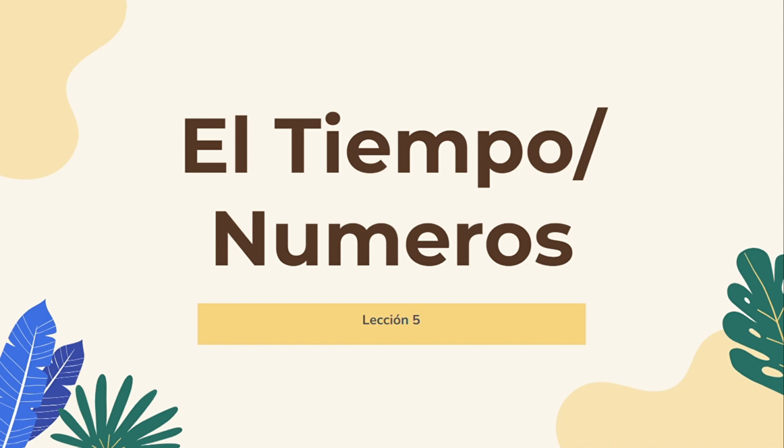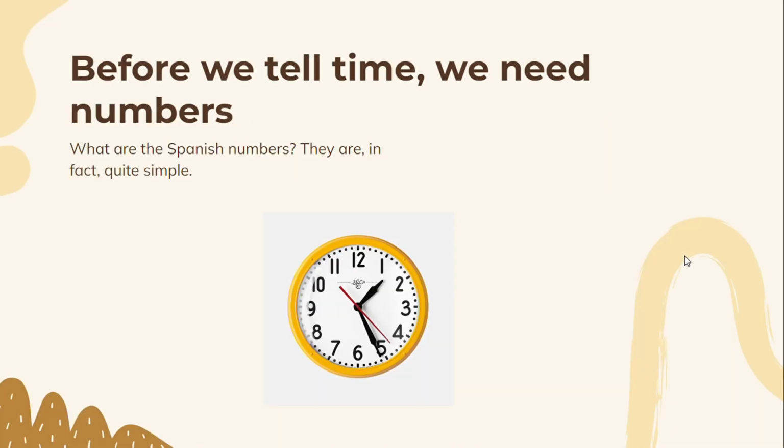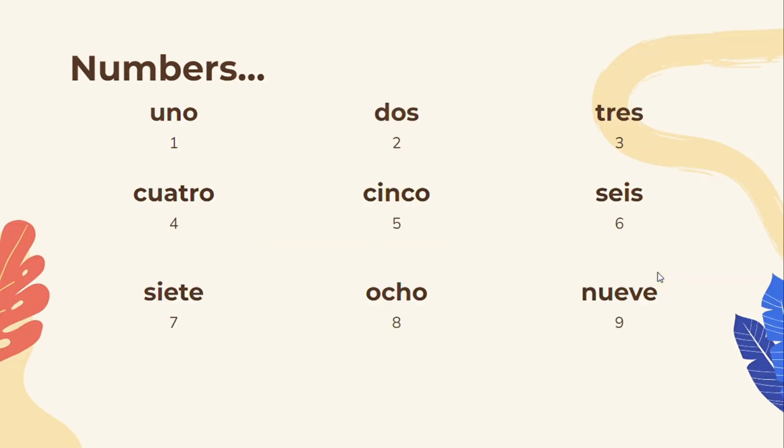Okay, these are the numbers in Spanish as well as how to tell time. So, before we can tell time, we need the numbers. So, uno is 1, dos is 2, tres is 3, cuatro is 4, cinco is 5, seis is 6, siete is 7, ocho is 8, nueve is 9,